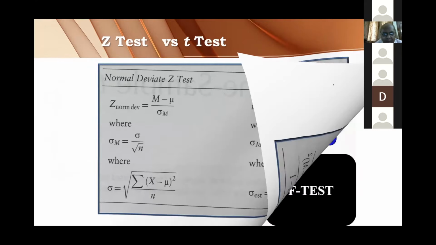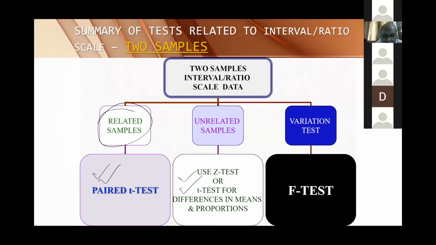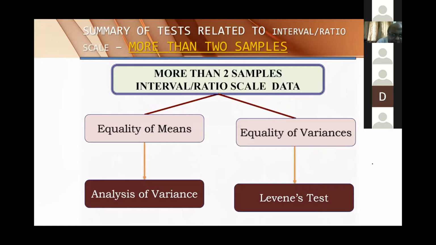If the two samples are related, then you go for a paired t-test. If they are unrelated, you can go for a t-test for difference of means and proportions. If it is a variation test, you go for the F test. If it is multiple samples, then if it is equality of variance,